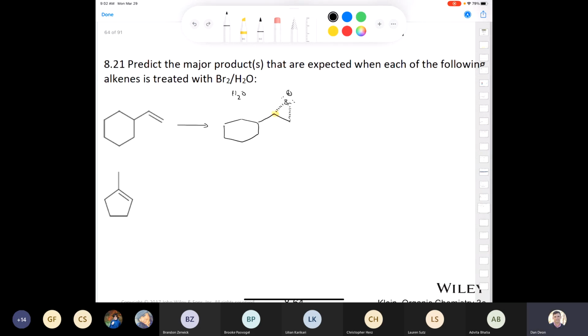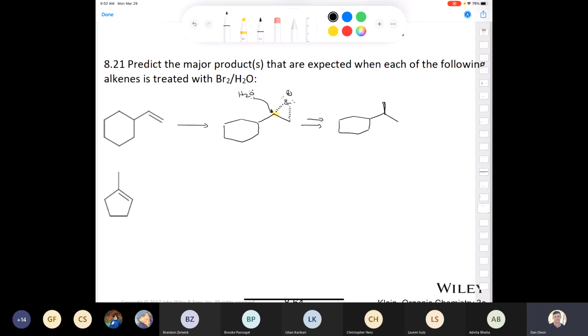Okay, that's kind of the way I like to do it. I like to draw the bromonium ion with my students. Again, if you don't have to, if you can just, go for it. So let me just draw that. And this is a very simplified version, so we'll put a couple of arrows here. You end up with this compound